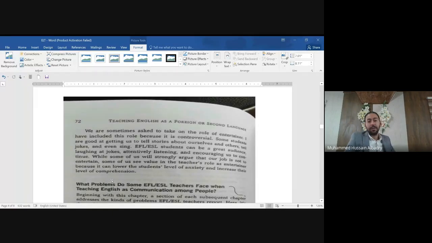It is very important. So here, the teacher has the role of entertainer, the role of joker. But be careful if you are a joker. It means that inside the classroom, sometimes you need to be funny, to tell certain funny stories, but not all the time, not telling jokes and laughing and smiling all the time.